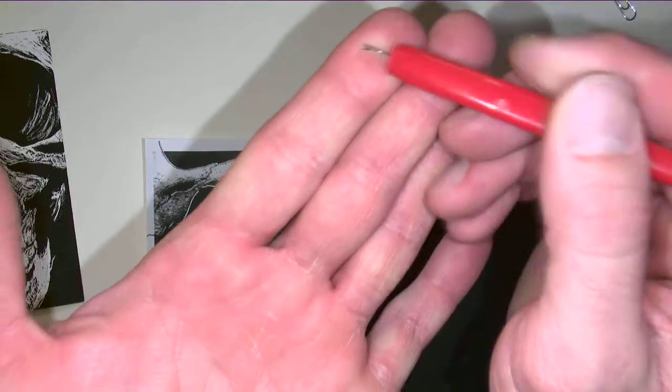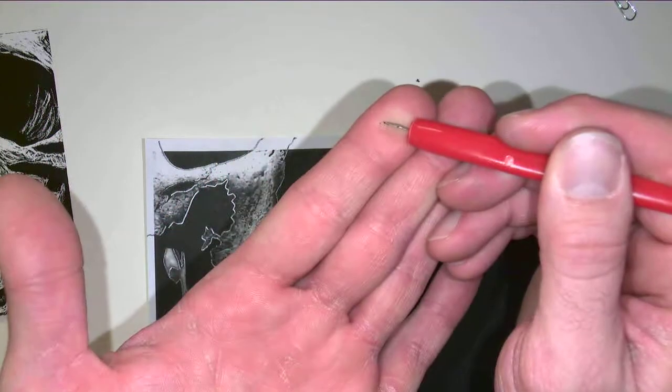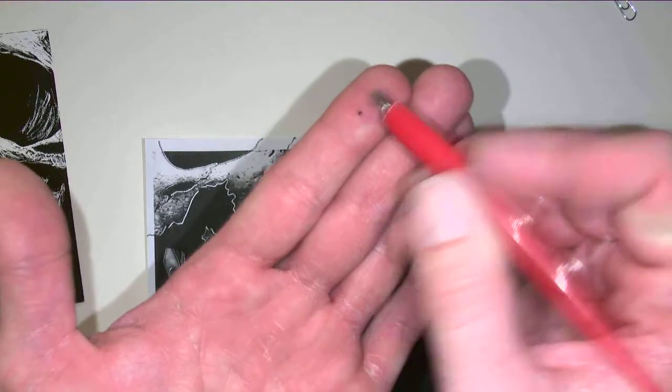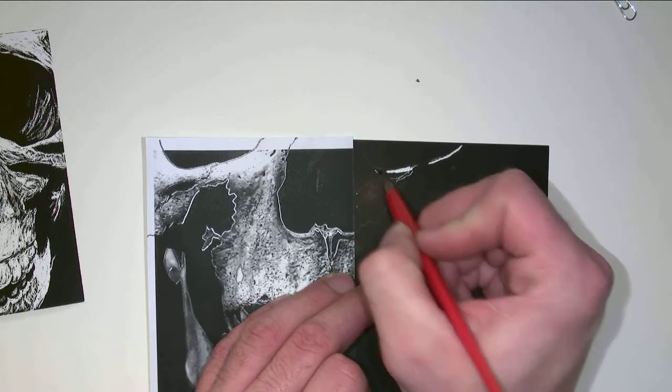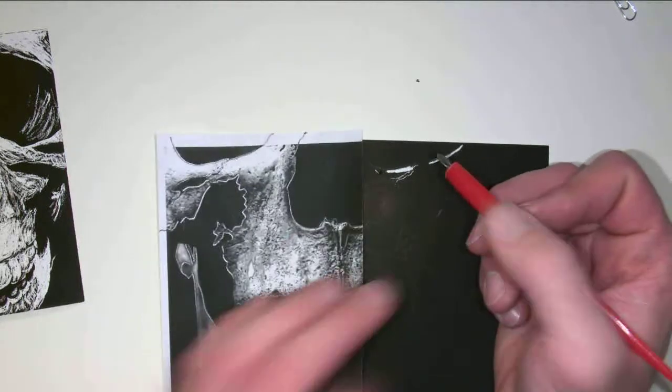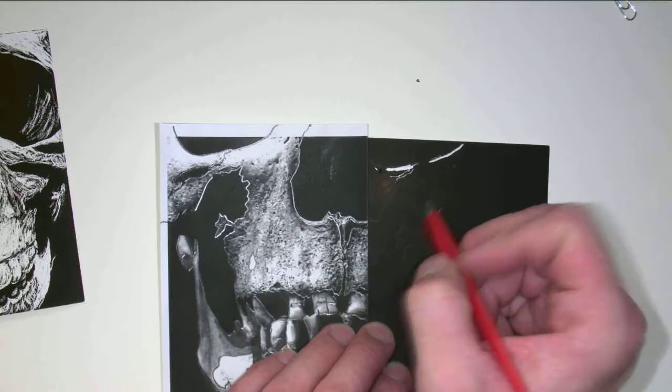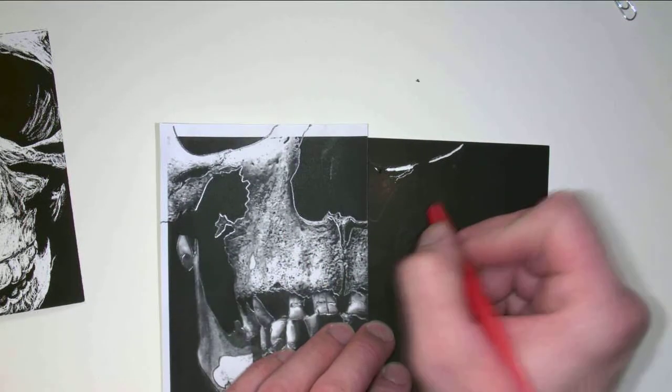Now you can see you can make wider scrapes depending on how you hold this. See, if I hold it this way, almost like a 45-degree angle, and drag it this way, it's going to scratch away more. If I lift it up and I scratch more with the tip, it's going to get a thinner line. That's going to work really well for some of these areas in here where I have some textural stuff